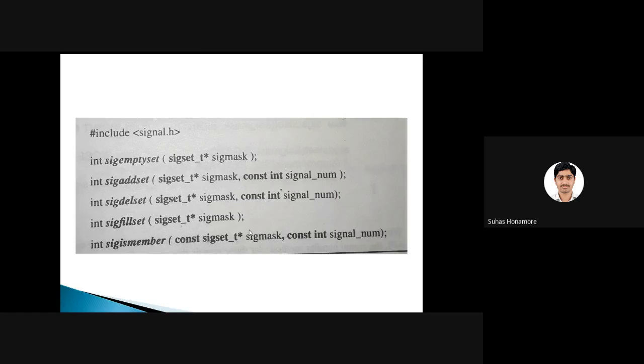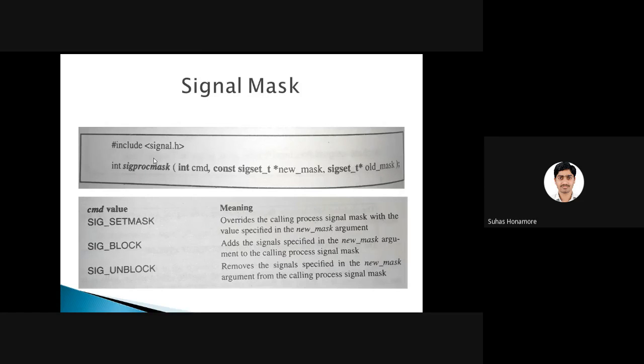Then one more thing we can do here in this procedure, in the command: if we give the value 0, instead of set, it will get the status. Then you can send the mask as one argument, and in that it will receive all the status. Okay, it's for getting the status.